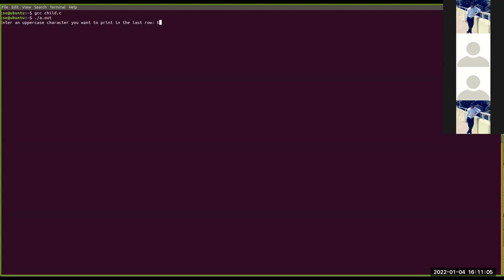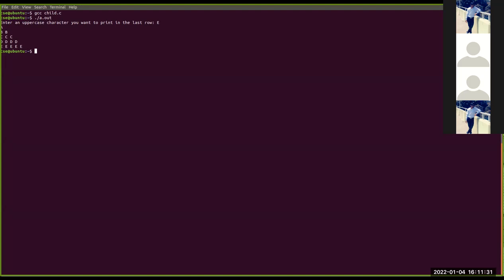Let me check what result comes out. Here the trick is that if anyone by mistake writes the uppercase character as A, it will stop in the first line. It will not go to the next line, because it was clearly mentioned that we enter an uppercase character we want to print in the last row.